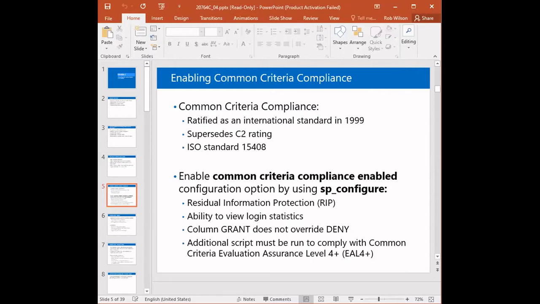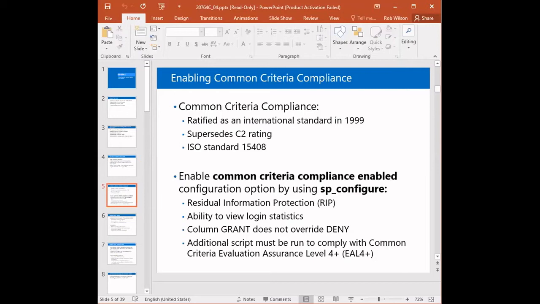And then when the changes are done to that, that gets committed to the actual database file on the hard drive again. Well, there's a moment and several moments where the data is actually sitting in memory. This RIP will go over and wipe out any of the page files that lived in memory, so that, for example, if there's a malicious program that's scanning through memory looking for chunks, they will not see the original data that was sitting there. They will just basically see a pattern, right? An overwrite pattern of zeros and ones that is meaningless. So this residual information protection policy allows you to wipe the data so it doesn't sit in memory and is